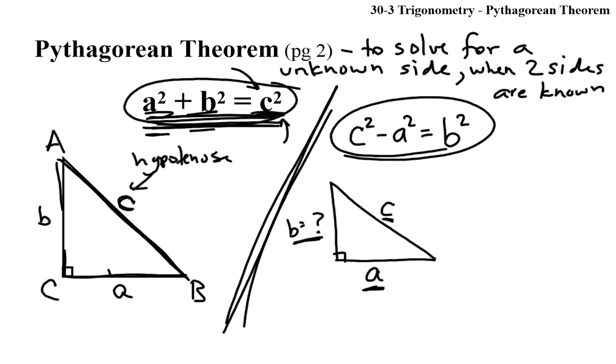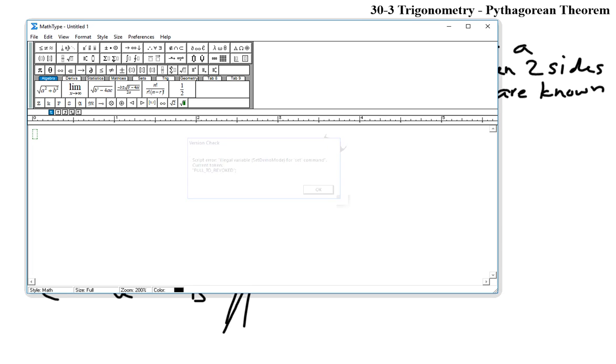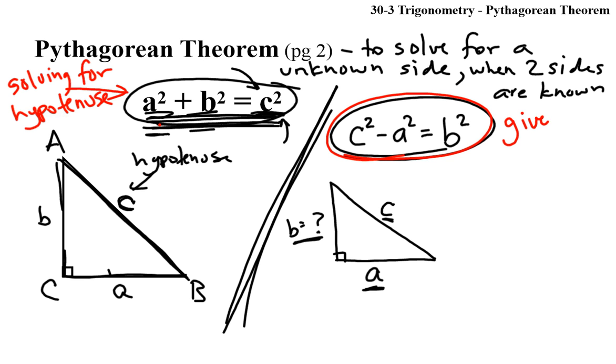The first formula gets used, whoops, didn't want that. Sorry about that. Big sausage fingers, bang something wrong. In this case, this formula gets used for solving for the hypotenuse. So that's the formula if we're trying to calculate the hypotenuse, whereas this formula we use if we are given the hypotenuse. Just a small little change in the formula that makes our calculations nice and easy. So that's Pythagoras. Let's practice with it a couple